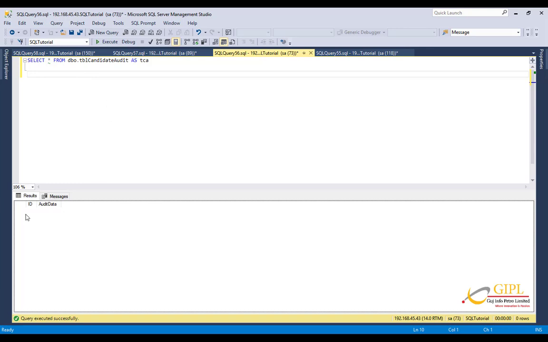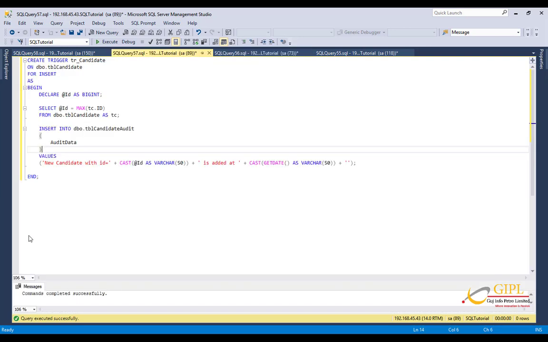One is the ID column, which is identity, so we don't have to supply a value for that. That will be automatically computed by SQL Server when you insert a new row into this table, and then the audit data itself. So in audit data, we want a message something like this: new candidate with ID is added at so and so time.